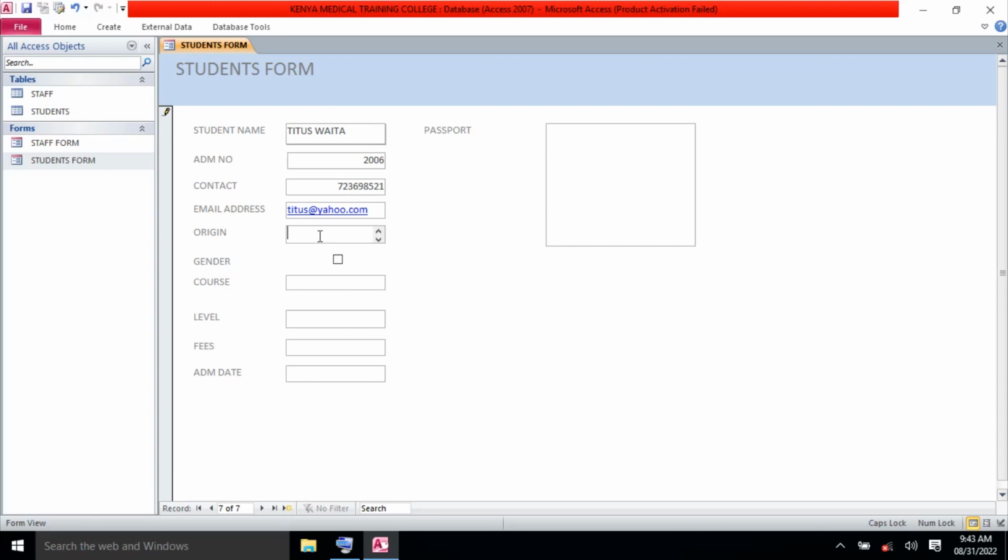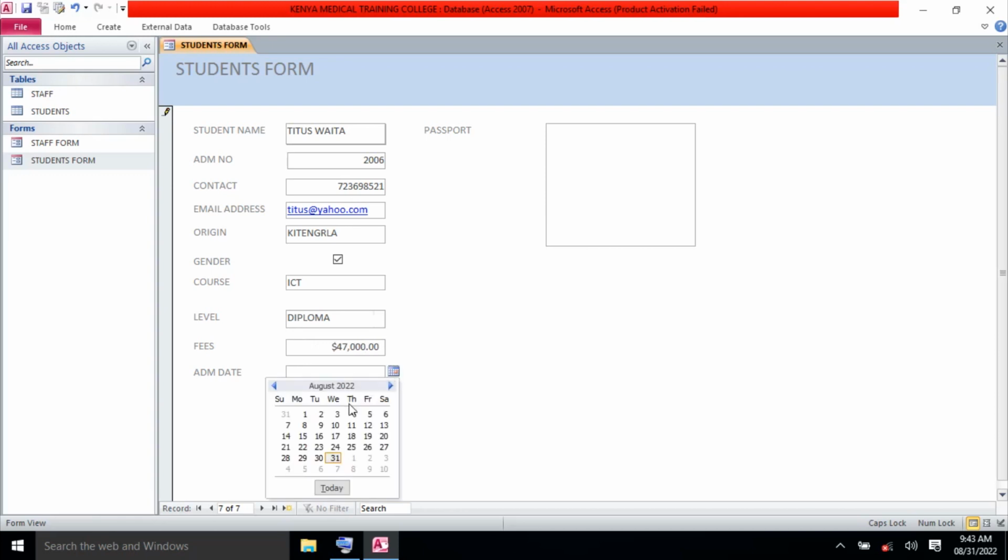And origin, Titus comes from Kitengela. Gender is a male, so we take that one. Course, Titus is taking ICT level at a diploma level. Fees, Titus is paying 47,000. And date, Titus was admitted on date